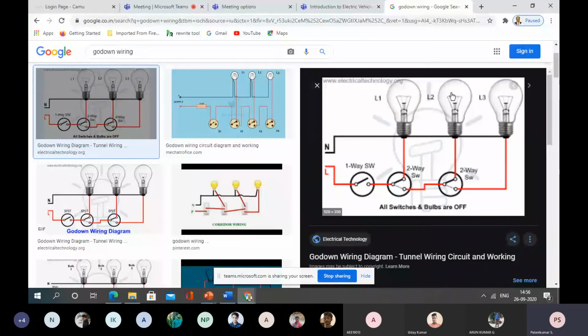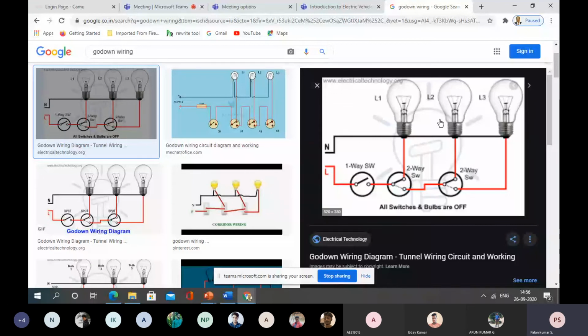What will happen is, second room light will be off, third room light will be on. You can take the goods there, and you can come back. When you come back also, the same way from third room to second room, you are able to switch on. Then automatically the last room light will be off, second room light will be on.